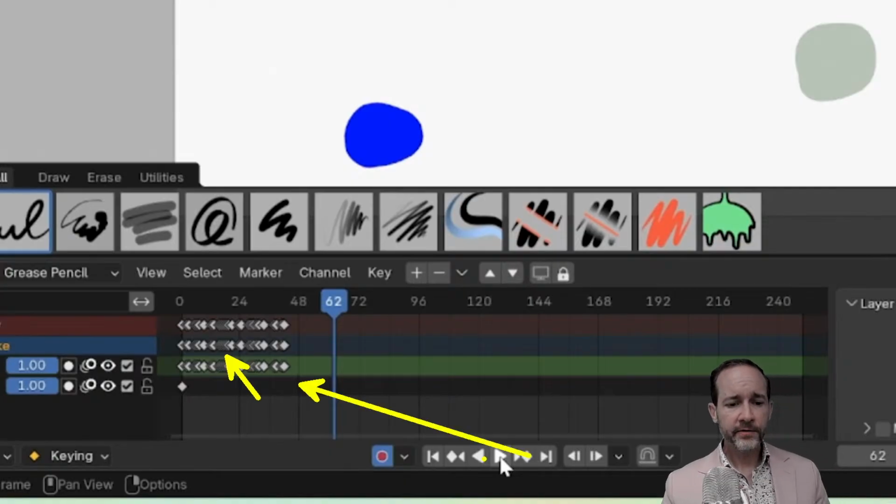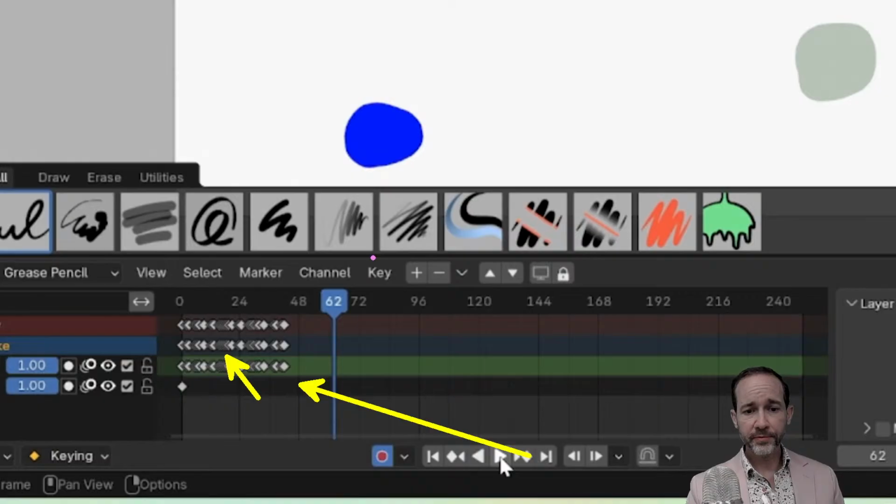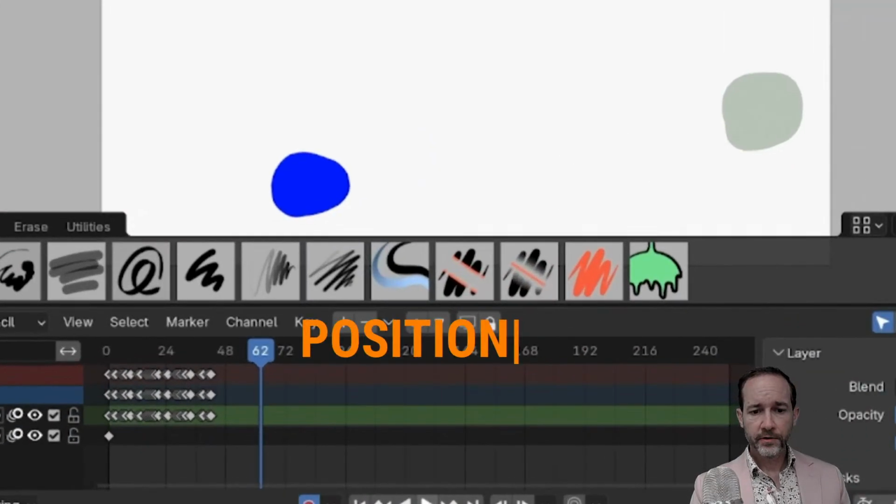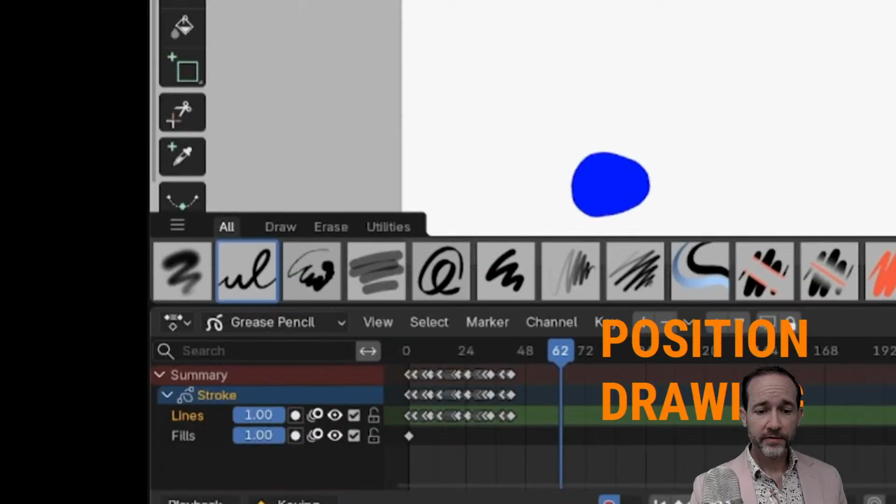So when we're working on the 3D spheres, each keyframe is mostly a position, right? But here, each keyframe is a whole drawing, right? That's important to realize here.